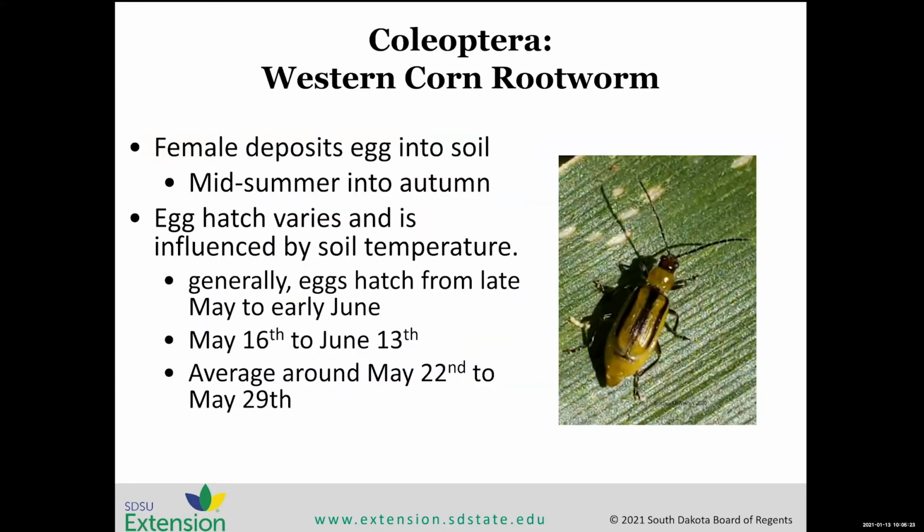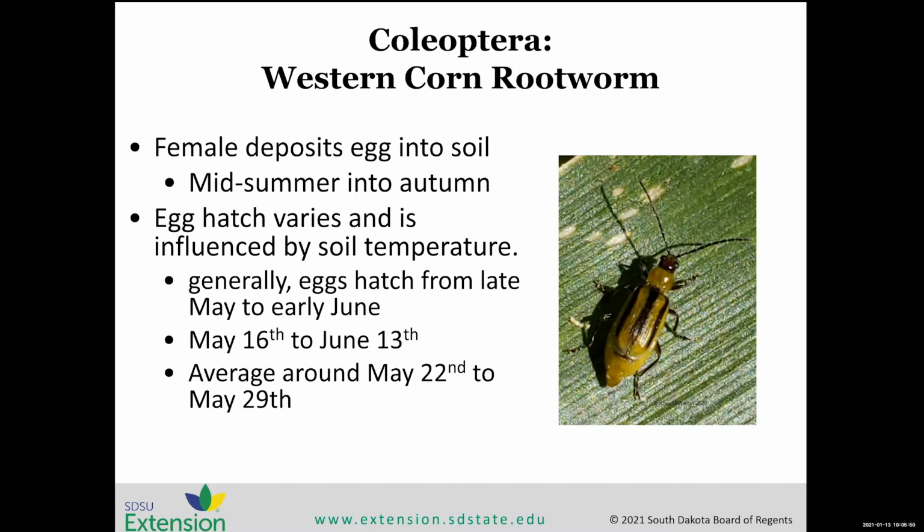So our first corn rootworm species that we cover, this is the one that is most prevalent in our area, the one that causes the most issues. The female deposits eggs into the soil in midsummer into autumn, and then those eggs overwinter in your soil. They hatch based on the soil temperature. So in spring, once you reach a certain temp, they will emerge out of the soil and start feeding on